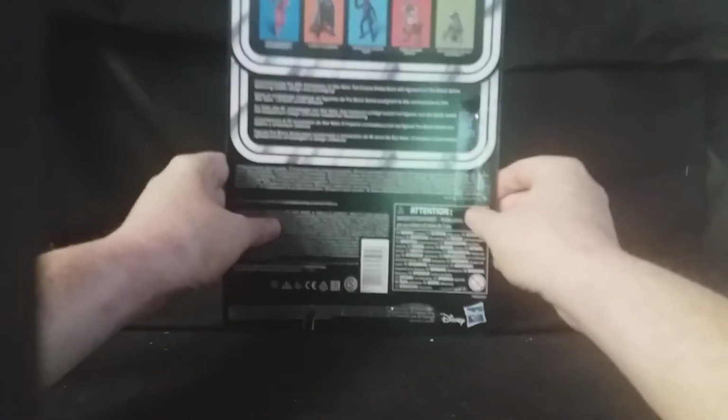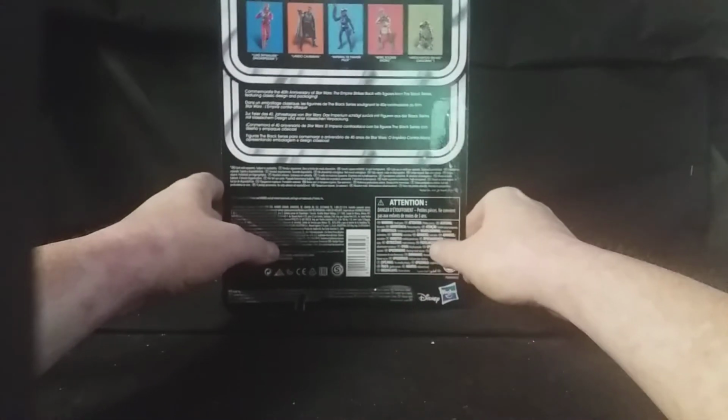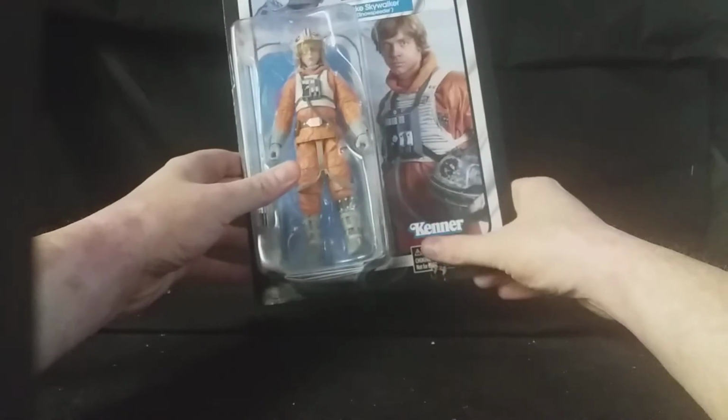This goes on my spinner rack. You can see on the back there, you can see the other figures you get in the wave, and a little bit about Star Wars, but it comes right at the 40th anniversary of Empire Strikes Back. Really, really nice. Glad I got a carded version as well, and I do have every...